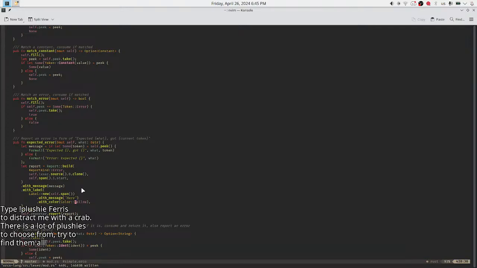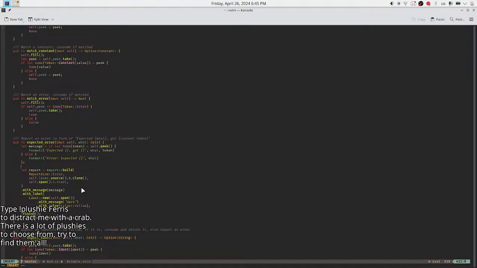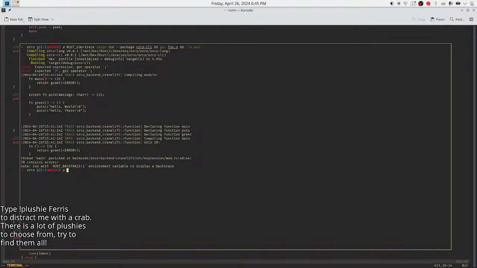Color label. Label. Color yellow. No. Let mute. Colors. Next. Okay, so let's see it now again.